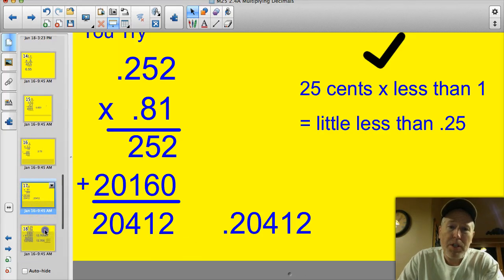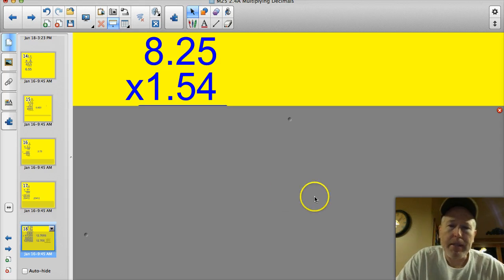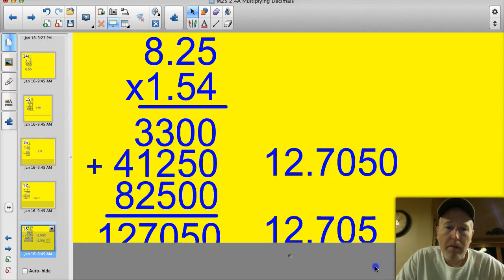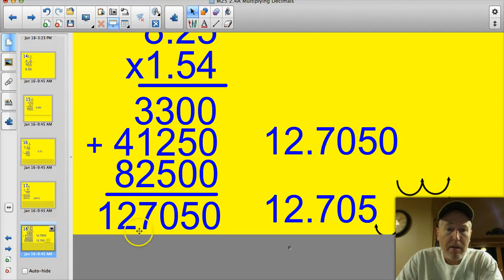All right, here's a pretty challenging problem. It's 3-digit by 3-digit. Go ahead and give it a shot. Oh, don't. You can do it. All right, let's see how you did. All right, if you did it all, you would have had 3 numbers all the way, and you put a 0 down in the second, and you put 2 zeros down in that third number, because now you're multiplying over here by the hundredth spot. You'd end up with